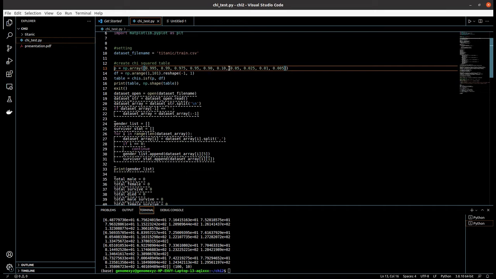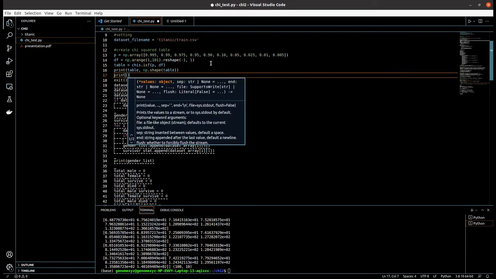In our case, we will define it as 0.05, and the rows are the degrees of freedom, and in this case the degree of freedom is 1. So what value will we grab from this table as the threshold to test our hypothesis is